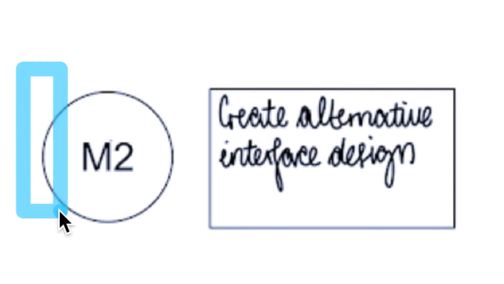And P3 is where you produce the design documentation for your game. So by the end of P3, you need to have produced everything that you could show to your customer and say, this is the game I'm going to make, do you want to go ahead and pay me to build it? Alright, so there's also an add-on to P3, which is M2, and M2 asks you to create an alternative